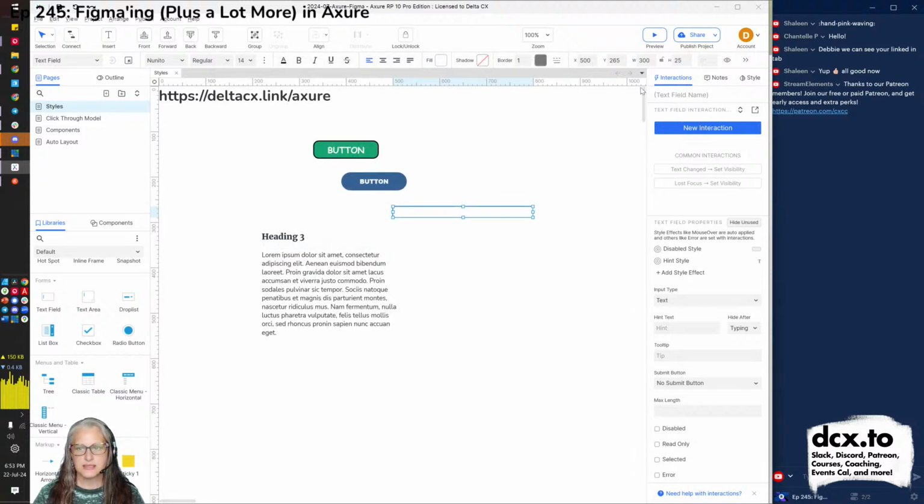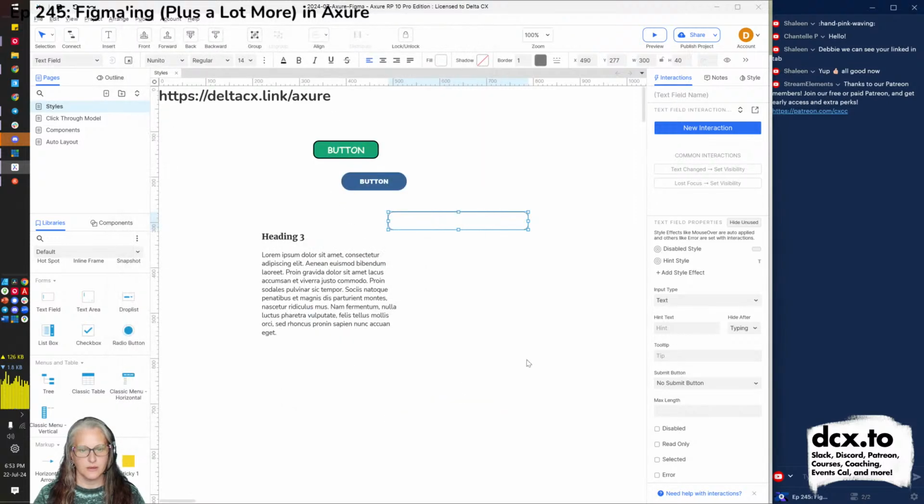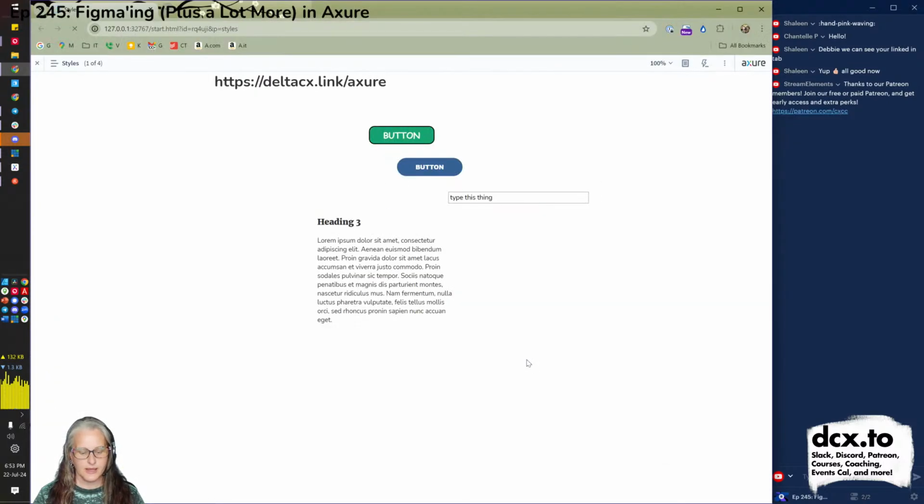And let's say I make this a little bit bigger, height of 40. And, oh, I forgot to give it some rounded corners so it looks a little more modern, but of course you can have the other style if you like. Alrighty, let's take a look at how that looks.